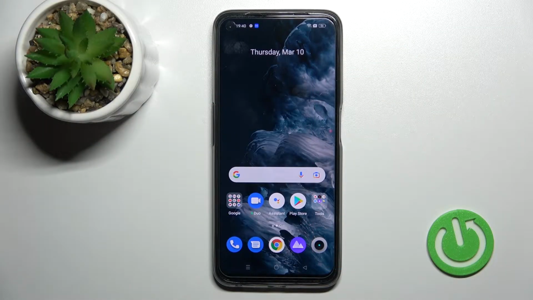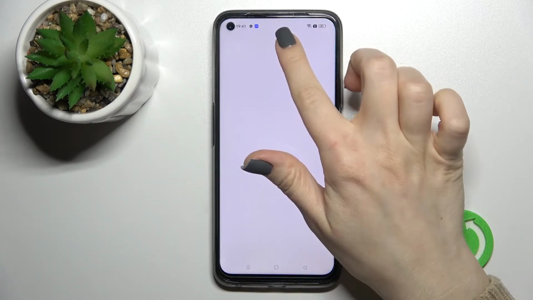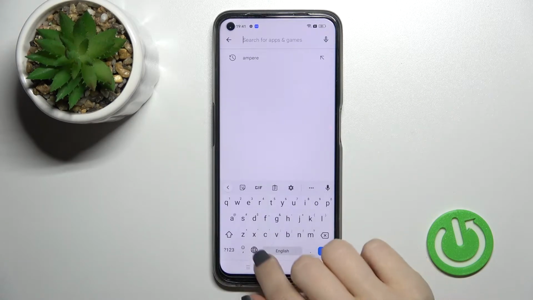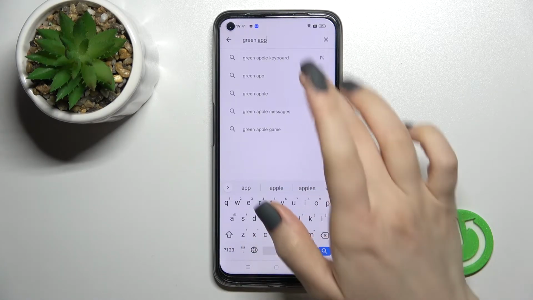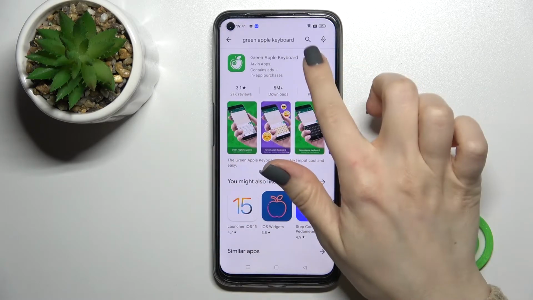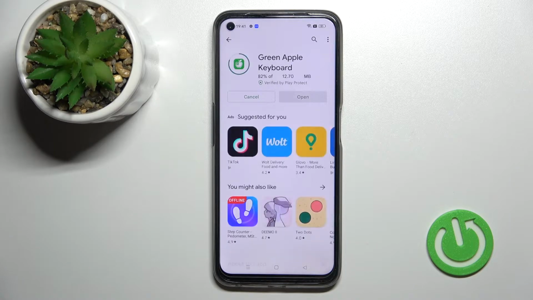Today for the new Realme 9 Pro, and I'll show you how to install iPhone keyboard on this device. So first you should go into the Play Store application, and here in the search bar enter the green Apple keyboard. And now we'll have to get this application, so tap to install and wait a couple of seconds